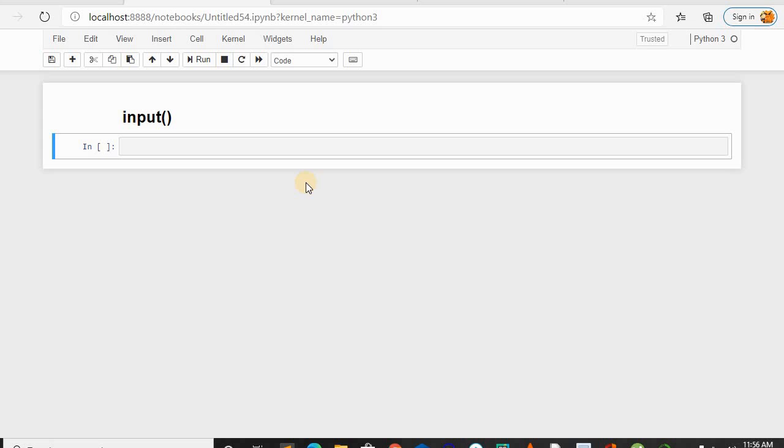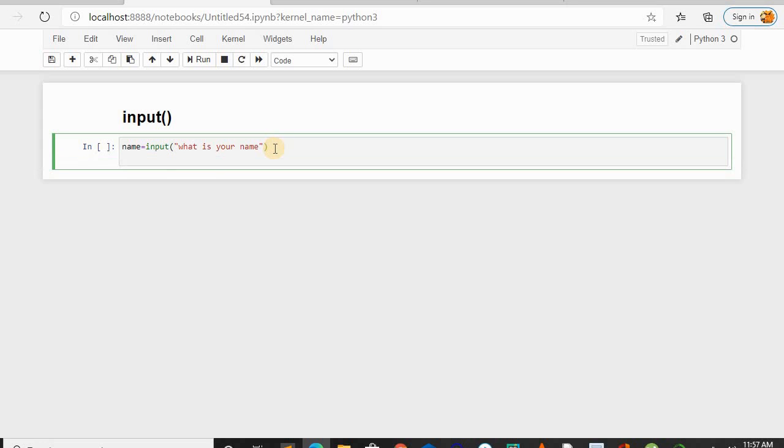Now let's see an example of how to take single input from the user. I'm going to ask the user's name and age by using the input function. So let's take the user name as the name variable. We'll store the user name in the variable name. Now I'm going to use the input function to get the user name, and I'm going to ask what is the name. This is nothing but a prompt that is printed on the screen before taking input. It is just like an instruction to the user, telling what we have to give as an input.